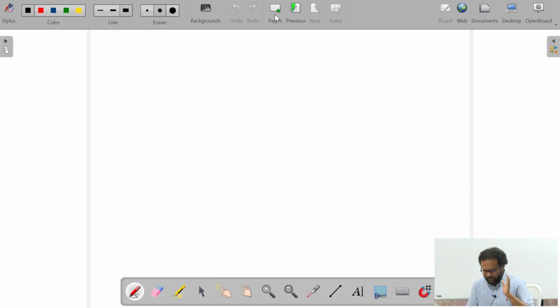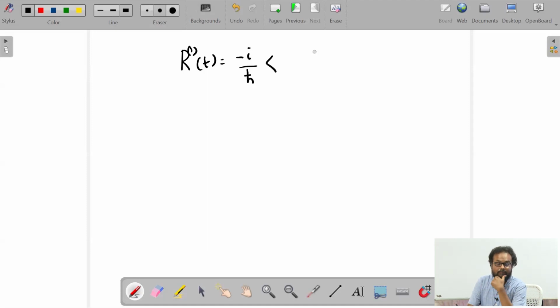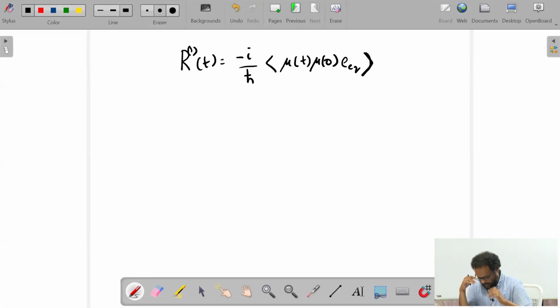All right. Microscopic theory of dephasing. Let's go back to linear response. I'm going to write my linear impulse response function. I can write it in different forms. I'm going to write it as it was even before we wrote it down in terms of correlation functions. So that will be μ(t), μ(0), ρ equilibrium. We can then write this out as the difference between the two correlation functions, but this is even before that. So let's go back to the old form.